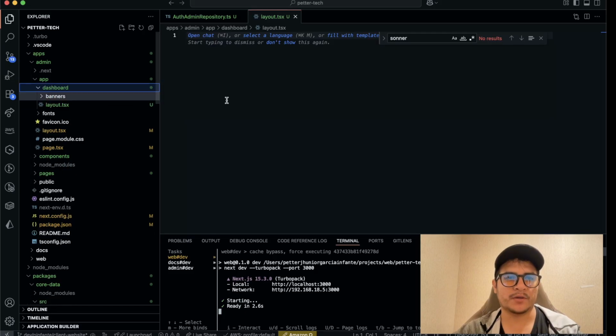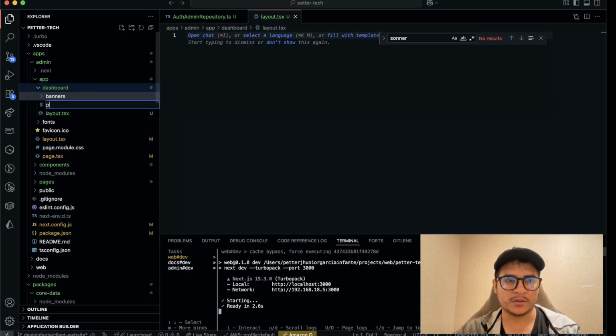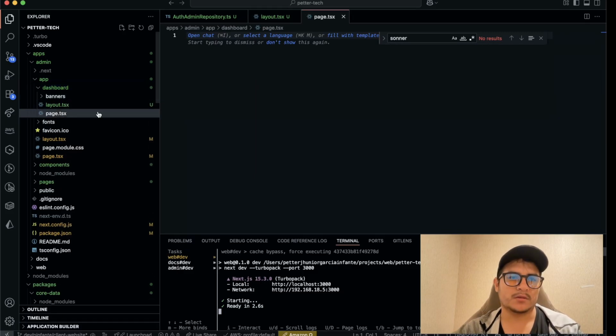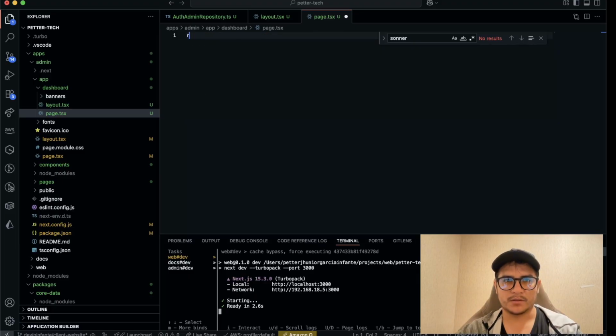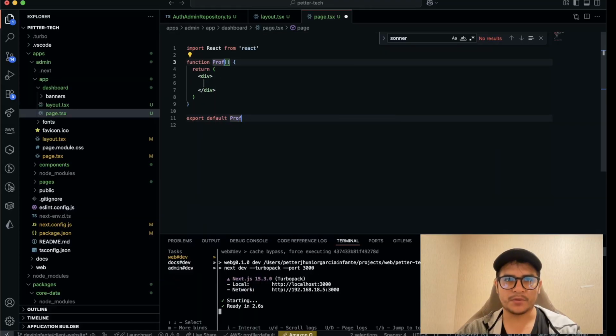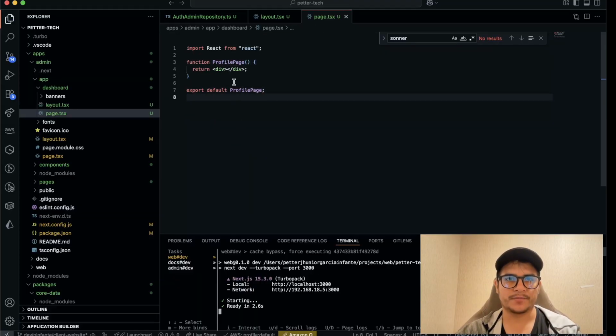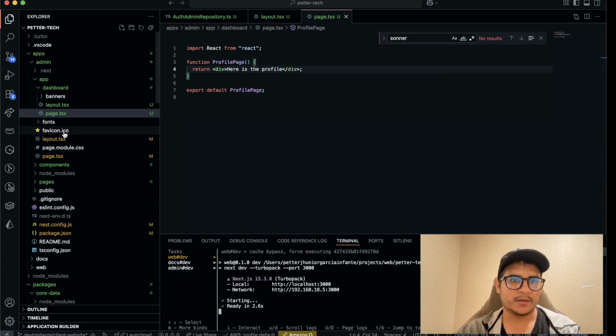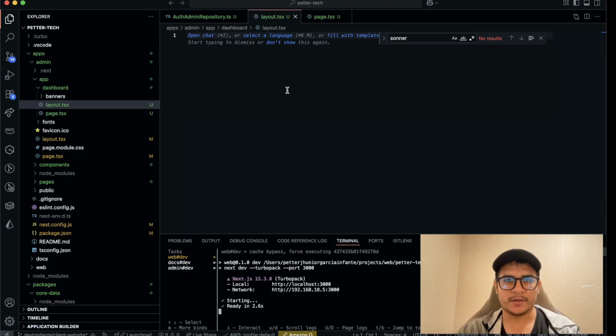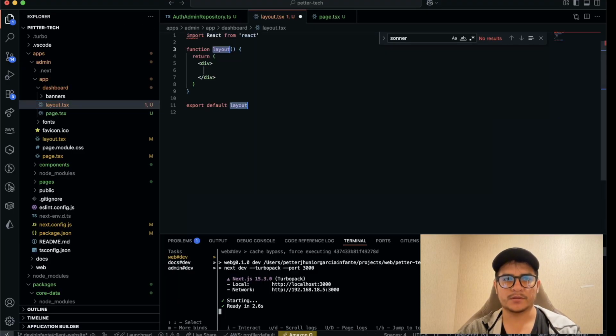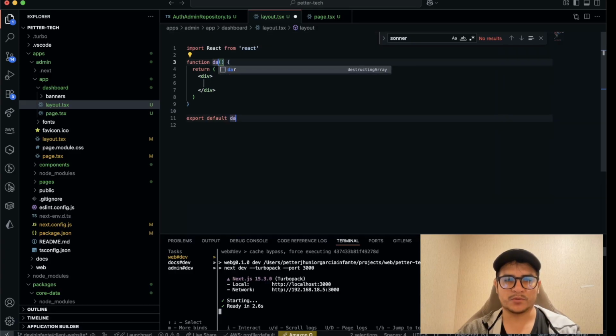I think the profile we are going to do it here. We are going to create a page which is going to be the page that, when we enter this road, we are going to see the profile. Let's add also RC profile page. Okay, here is the profile, and on the layout we are adding RC dashboard layout,